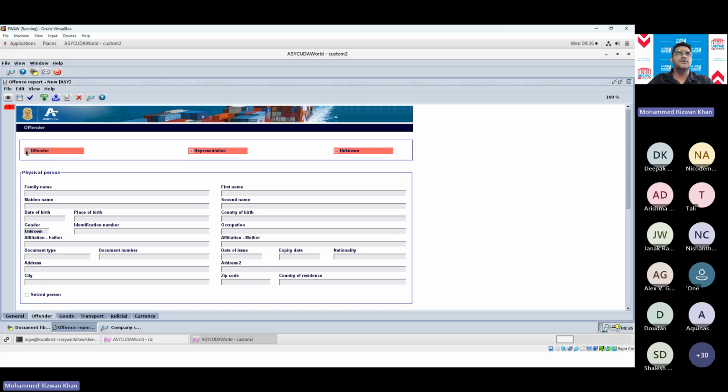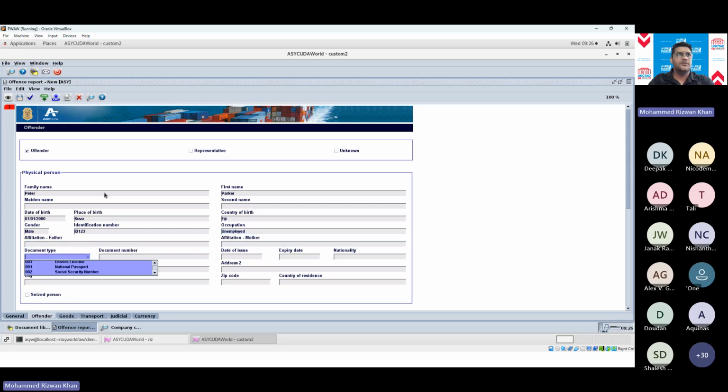But in this case, let's say it's an offender. It was at the airport, so we'll click on offender and put in the details of the physical person. Let's put one fictitious person, Peter Parker. No maiden name, no second name, date of birth. Place of birth, let's say Suva, country Fiji, gender, let's say male, any type of ID, occupation, nothing.